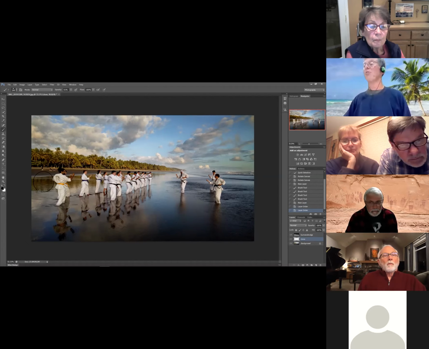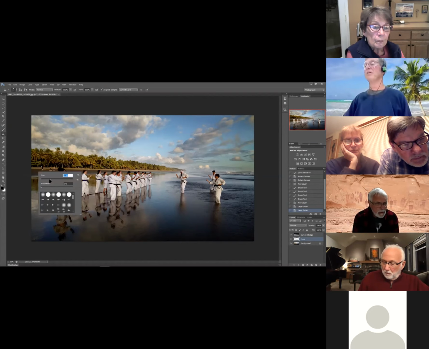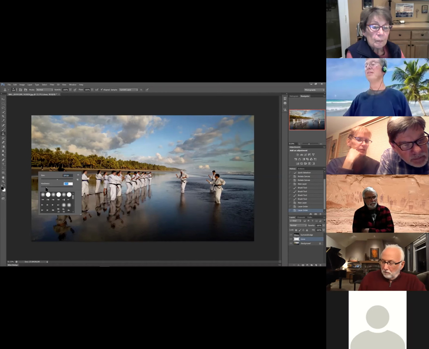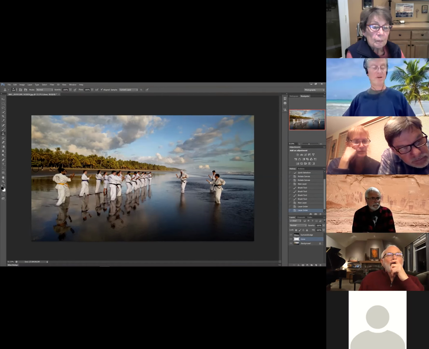Anyway, so if we're going to clone this, I click the clone tool, which is right here over on the left, just below the little brush. And then I'm going to make the little cursor bigger. And about like that's good. And then I'm going to take the hardness and move it right about here so it's not too soft on the edges. And I click away from it. And then come over here and I'm going to grab,